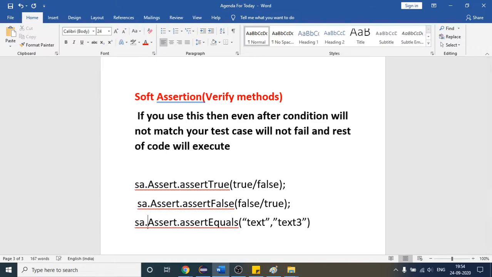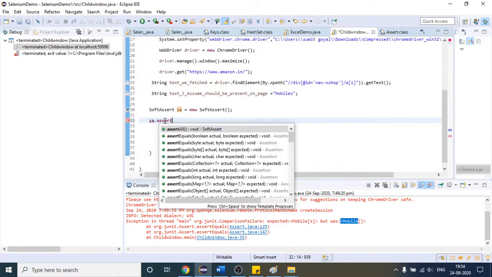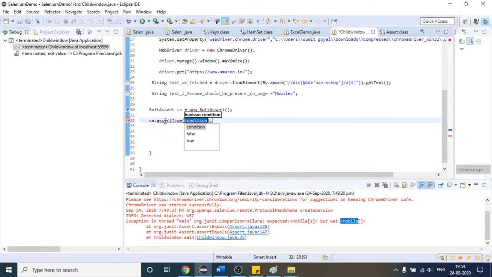So first make the object of that class, and after that, if I write SA dot assertTrue, suppose, it will work in a similar way. If you have true here, then it will not throw the exception.